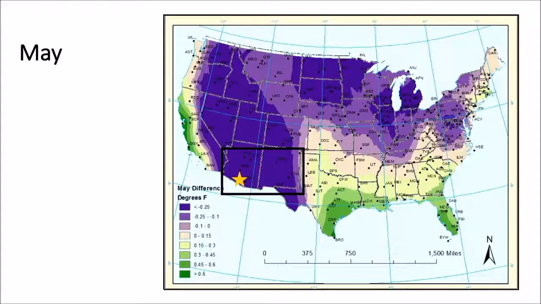So this is the map for the May difference between methods. And note how I boxed in Arizona and New Mexico and put a star roughly near Tucson, Arizona, the station I'm going to pick on here. So we see in May, the immediate Pacific coast overestimation, but just inland in the interior west, we have a broad area of underestimation by the traditional method of daily temperature averaging.